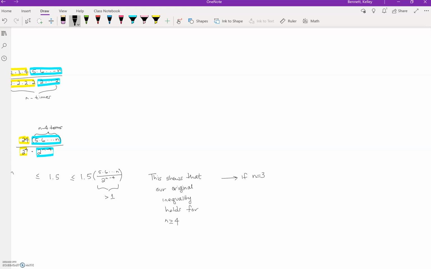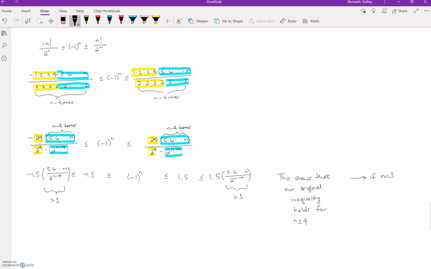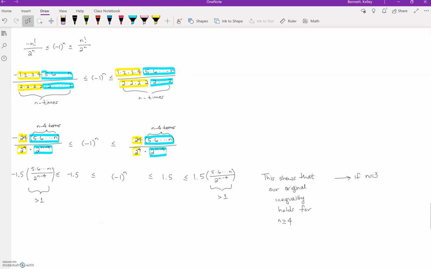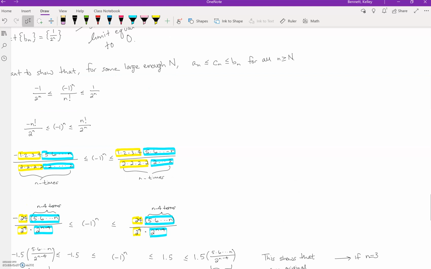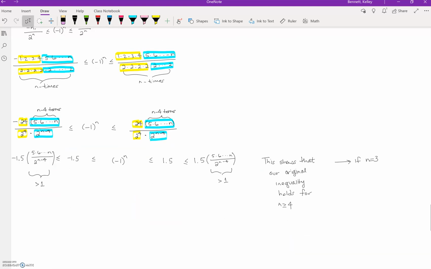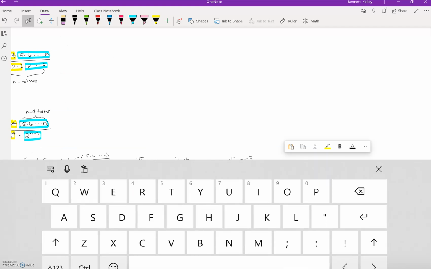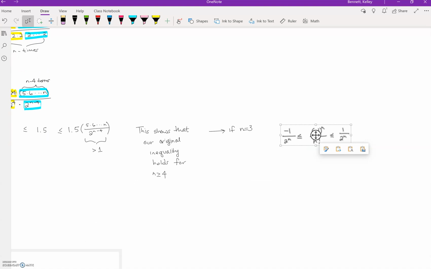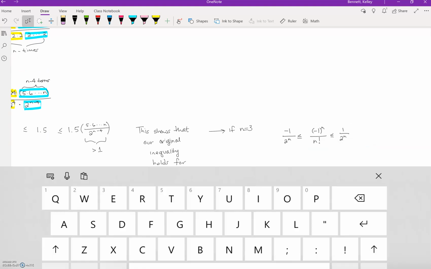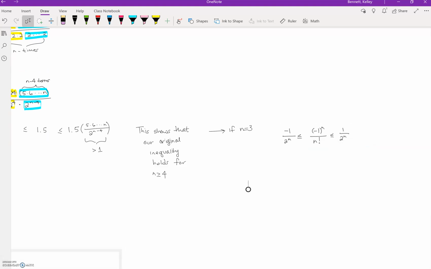then what would you have? I'm going to go back to our original inequality here. This was the original inequality that we wanted to show. So we're just going to look at why it needs to be 4. I just want to show you the value right before 4. That's kind of our last stop of it not working. So if n was 3, we would have